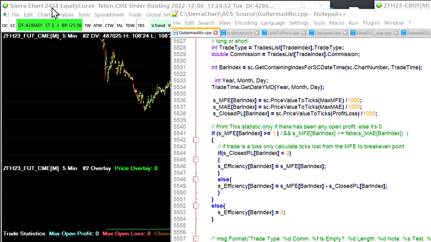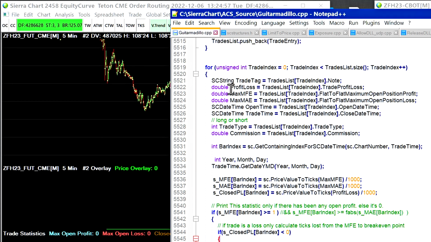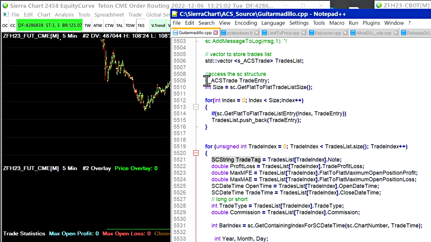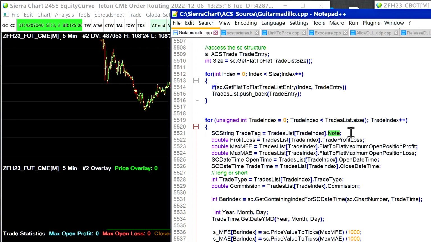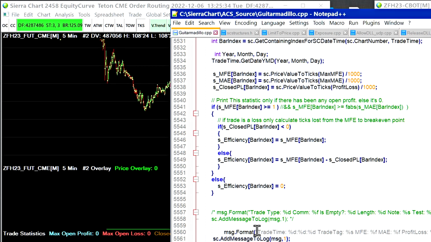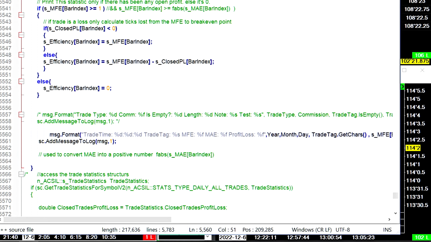Okay, so in version 2458 pre-release version, it's now supported to access the note field for the order fill data. And this is in the s_acs trade structure. And you can see that in the scstructures.h file. Okay, so the trade tag or the note field has been added. And that means that we can now use this to potentially filter out our order fill data by specific note text strings. I'm printing out the trade date time as well as the trade tags,